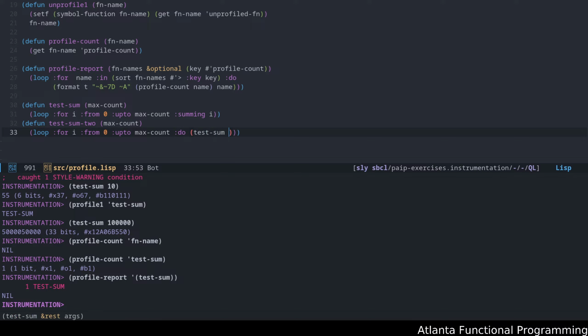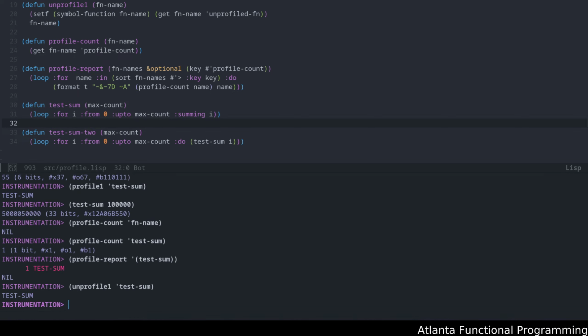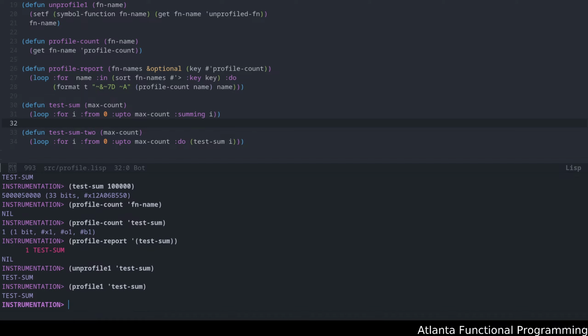And by the way, before we actually use this, let's go ahead and unprofile and reprofile this guy. So this way we're starting from scratch. Okay. Profile 1, test sum. Okay, so now we're going to call profile 1 test sum, and we're going to also call profile 1 on test sum 2.